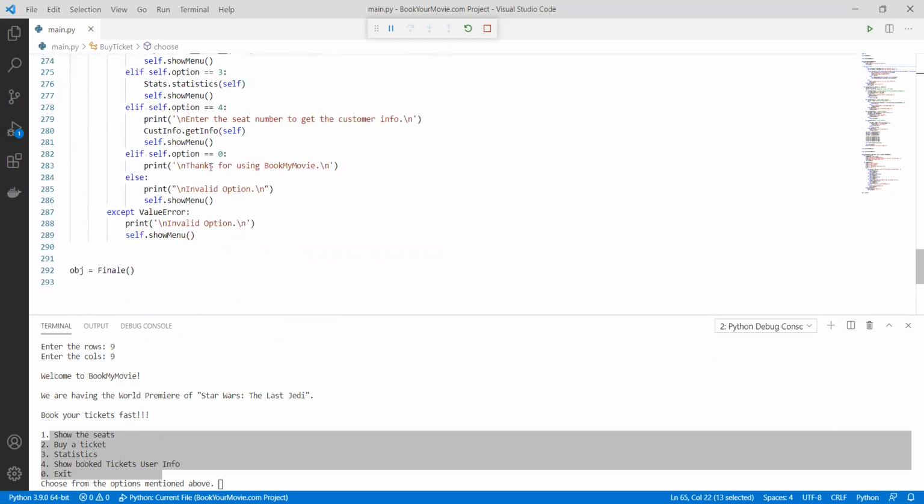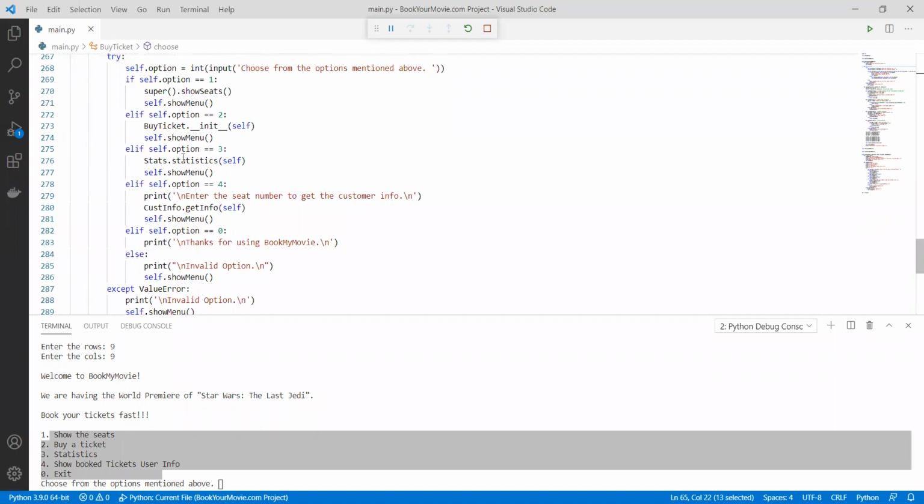And the third menu is the statistics, which is again in the stats class, and the fourth is the cust info, which is linked to the fourth class. And if we want to go out of this application, we can use the option 0, which will just bring us